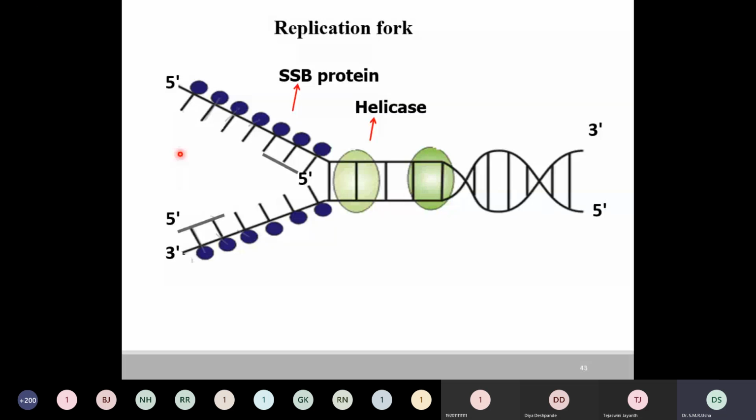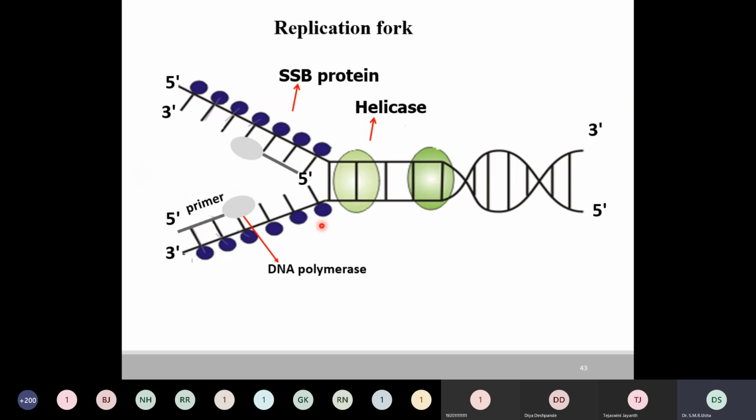Why this is happening is because of the limitation of DNA polymerase activity. I told you it cannot add nucleotides to the 5' end. It can add only to the 3' end. So they are placed in such a way that the nucleotides can synthesize the daughter strand like this and like this, anti-parallel to the template. That also you should remember. This is the DNA polymerase.